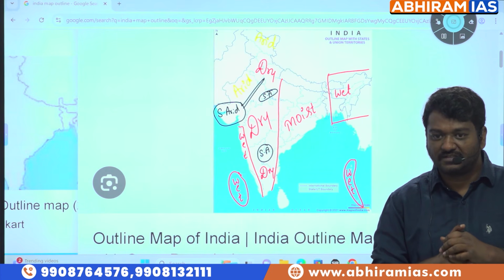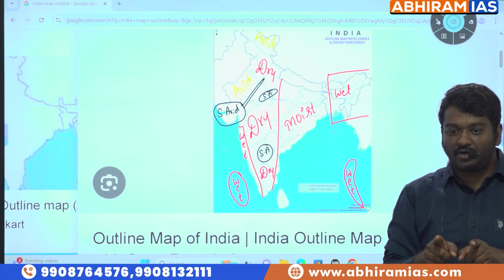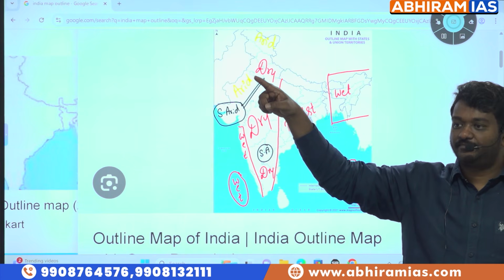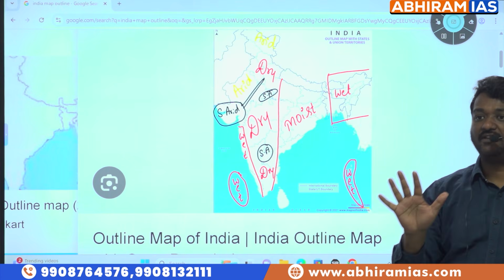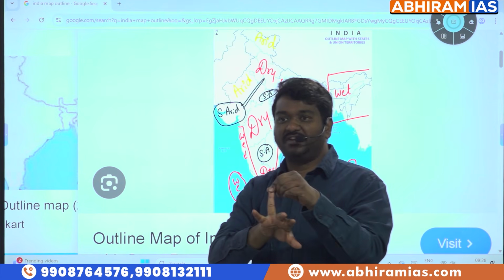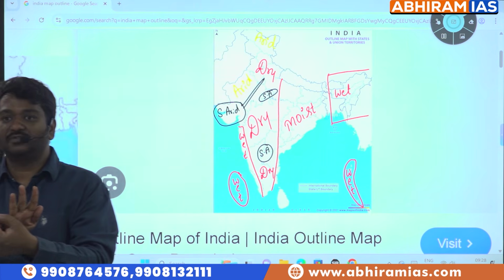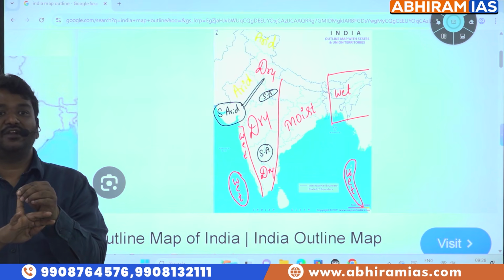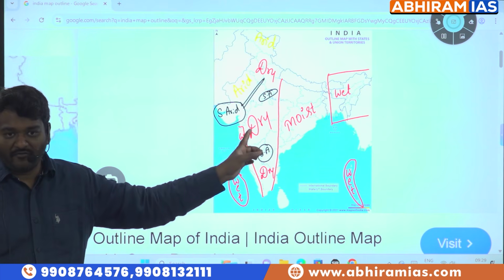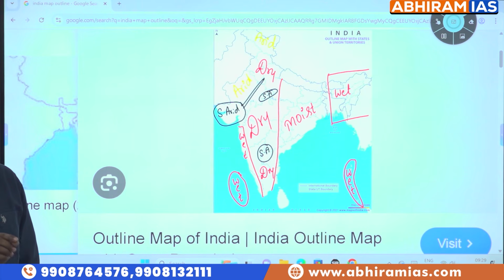Are you getting the point? Deserts and grasslands. Coastal area, mangroves. All the coastal states, what will be there? Mangroves. Mountains, montane forest. We have 6 vegetation types in India. What are the 6? Evergreen, moist deciduous, dry deciduous, semi-arid and arid, mangroves, and then montane. Montane is on the basis of what? Mountains. Right? This is what we talk about rainfall and vegetation. Are you getting the point? Rainfall and vegetation. You make a table.